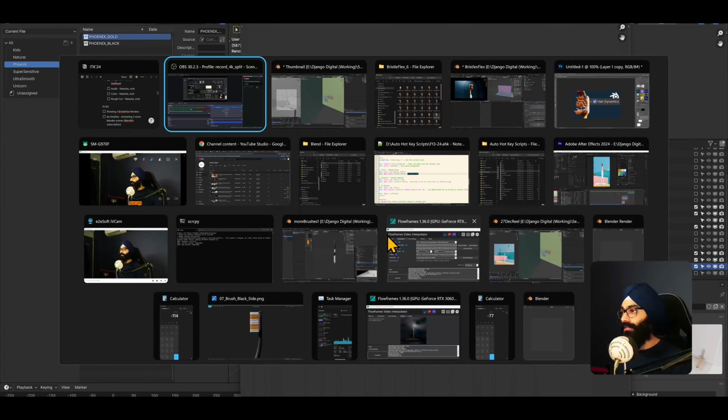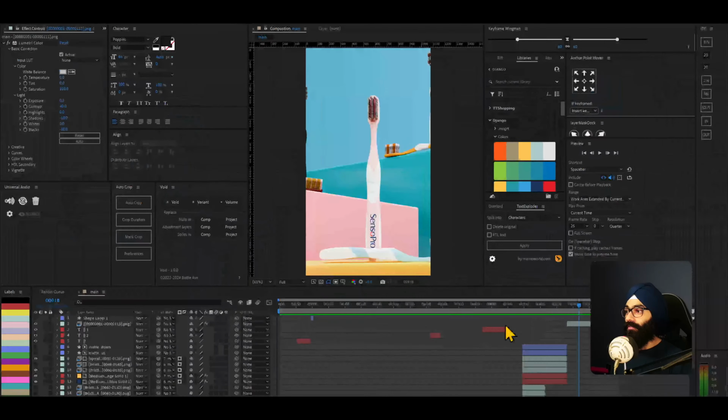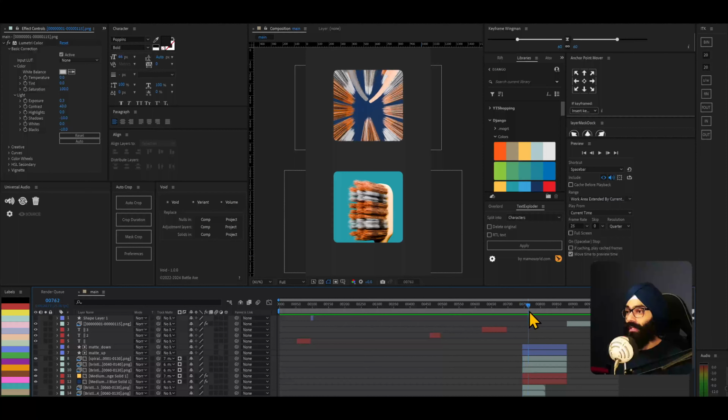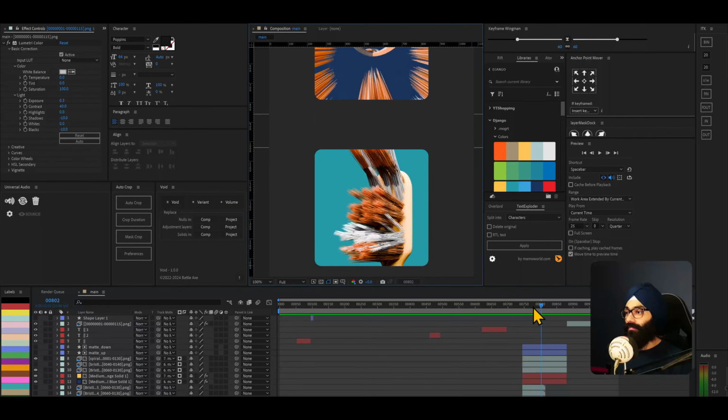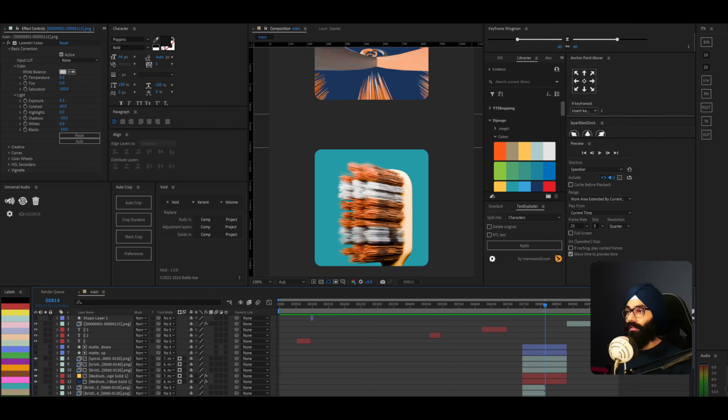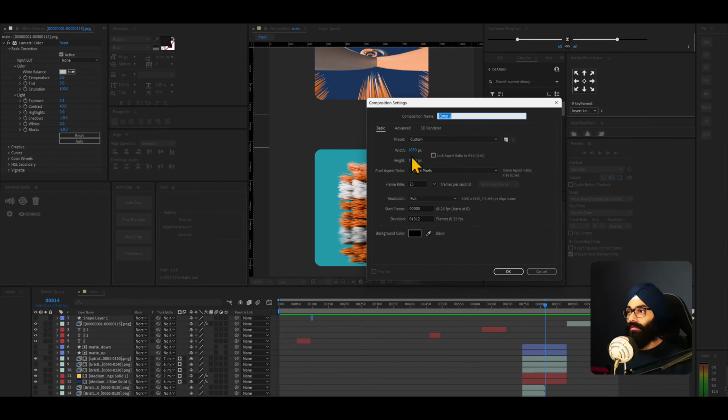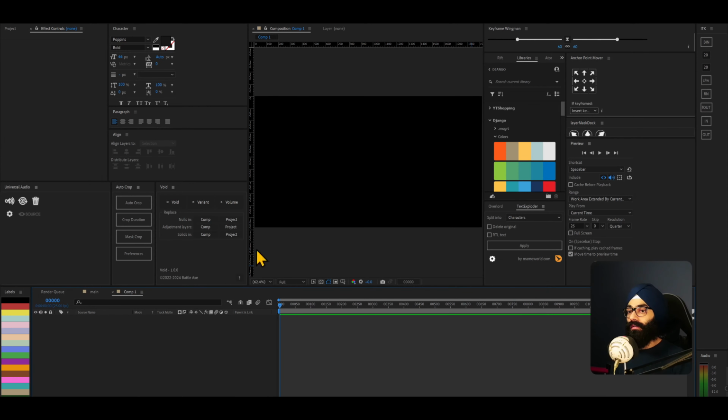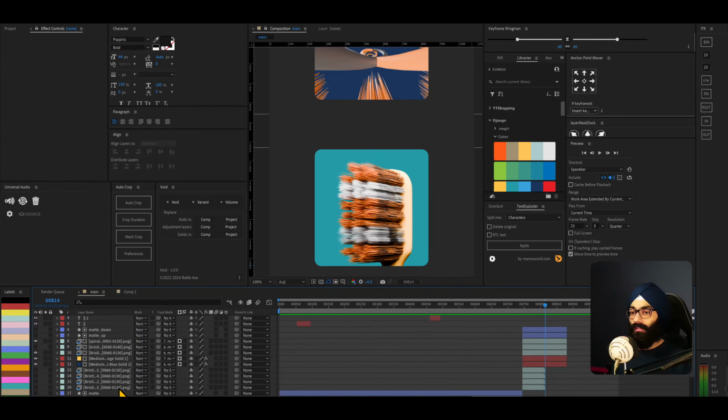So where is this whole hair particle system coming from? If I go into After Effects, if you see this timeline here, you see this thing here at the bottom. I've made a simple hair particle simulation like so, coming like that. Now I'll make a new composition here so it's easier for you to understand what I mean, and I will take all these renders that I've done,